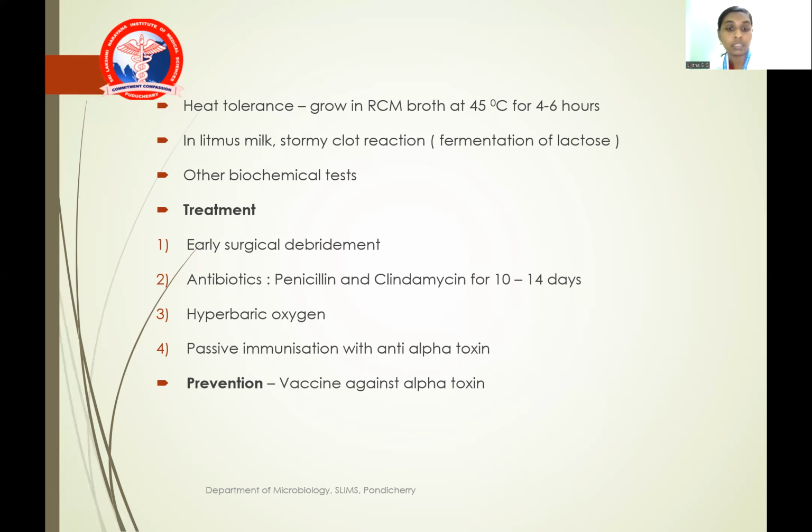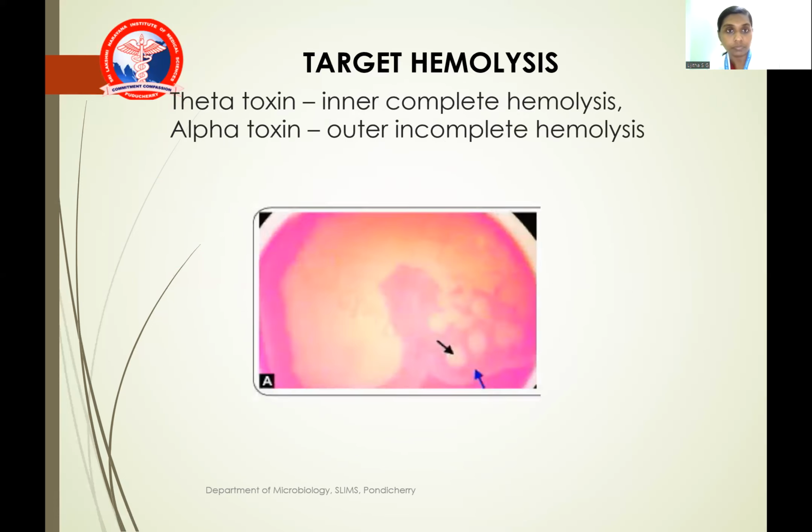And regarding the prevention, the vaccines against alpha toxin are under trial only for human beings. There are studies in animals, but they are only under trial for human beings. So that is all about Clostridium perfringens. The next class will be on Clostridium tetani, difficile and all. So in order to summarize,